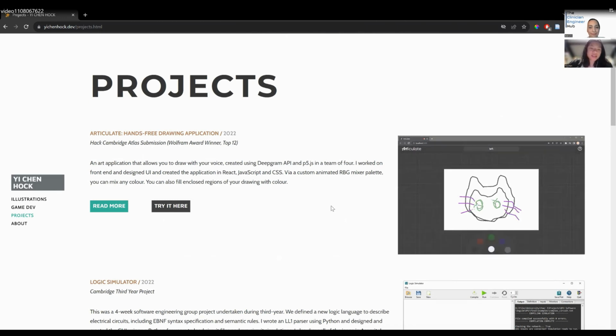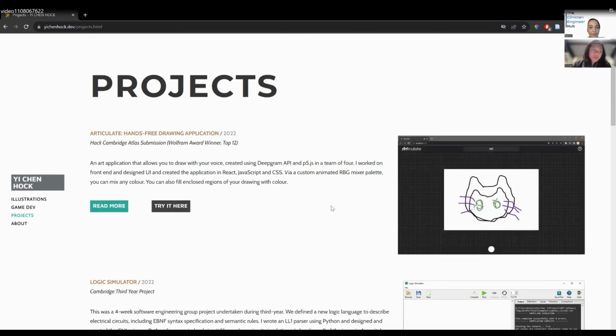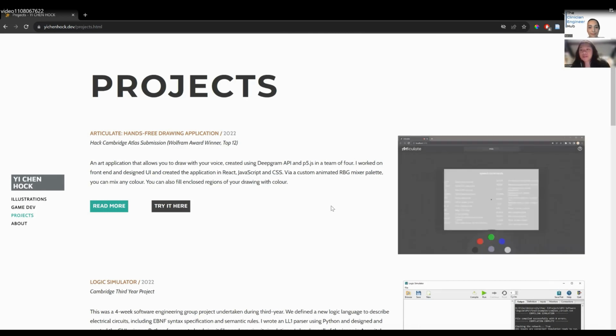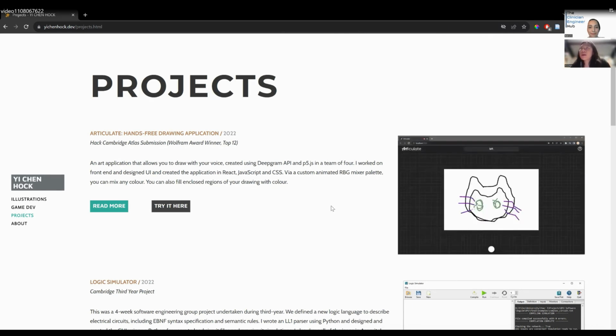And I find that the prompts and the companies that sponsor the hackathon are never really very artistic. So I managed to find, using the prompt given during the day of the hackathon, a challenge that could be artistic. And I'm also really interested in how projects can make art more accessible